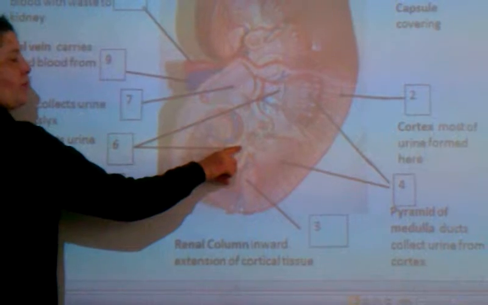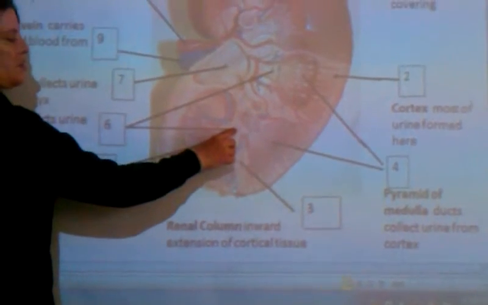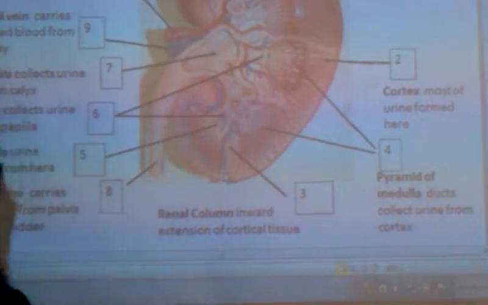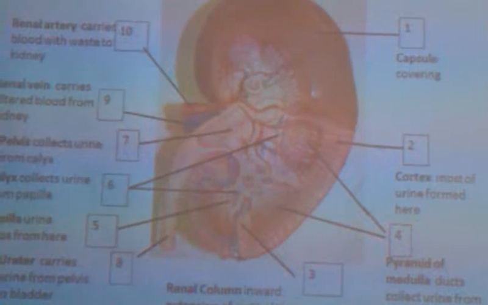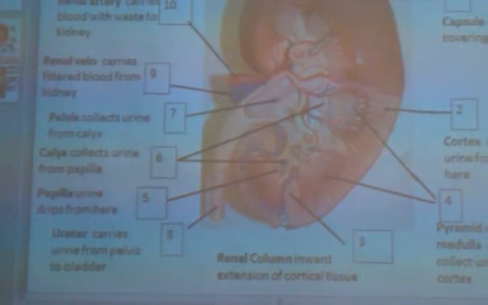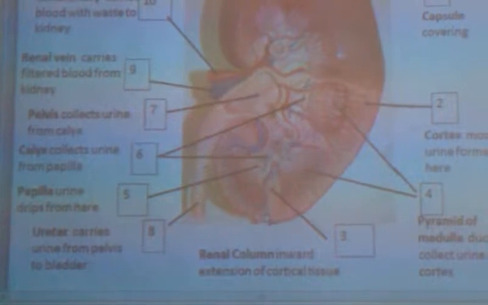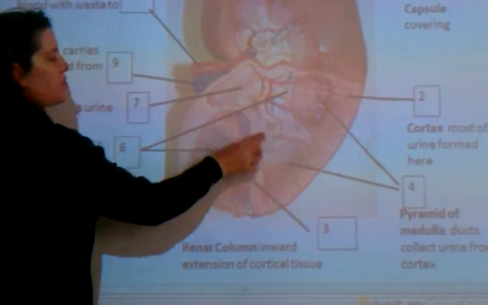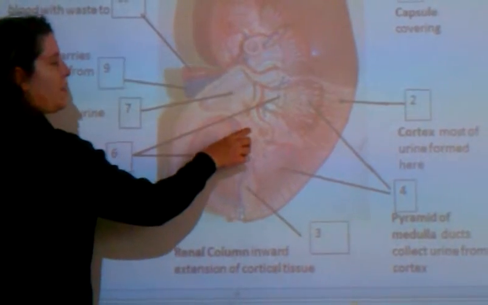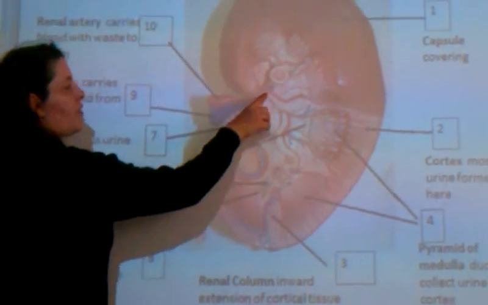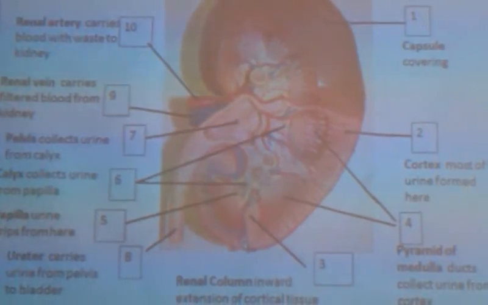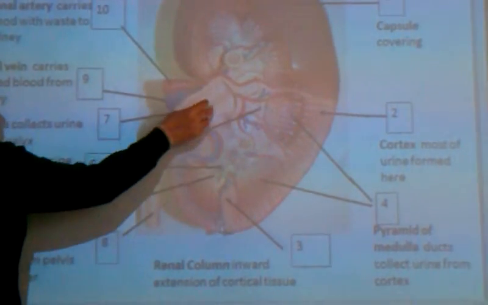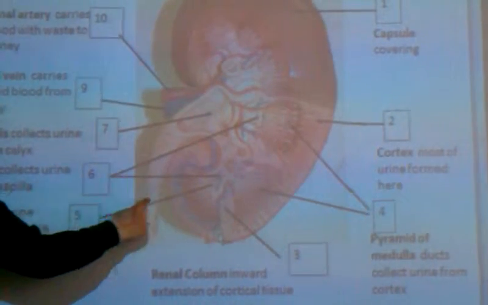The tip of the renal pyramid actually is where the urine is drained into another little passageway called a calyx. C-A-L-Y-X. Now, there's several calyces. There's major and minor calyces, and essentially that just is because some are smaller and they drain into larger ones. So we have calyces that carry the urine into a central area called the renal pelvis. Renal pelvis. This renal pelvis right here collects the urine, and then the urine drains down into this tube, the